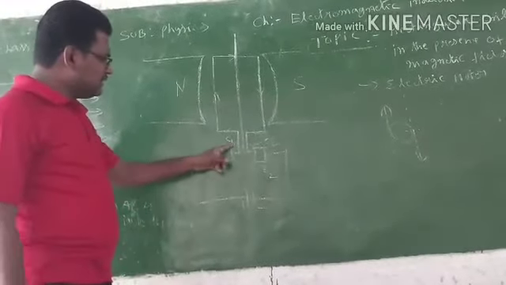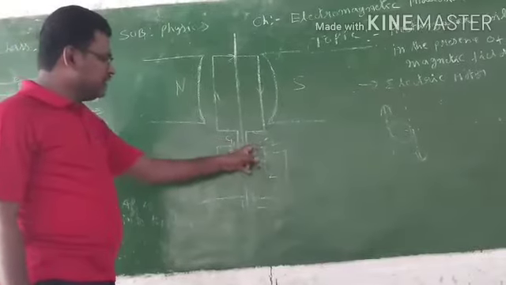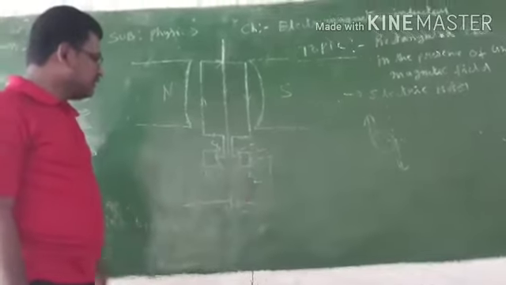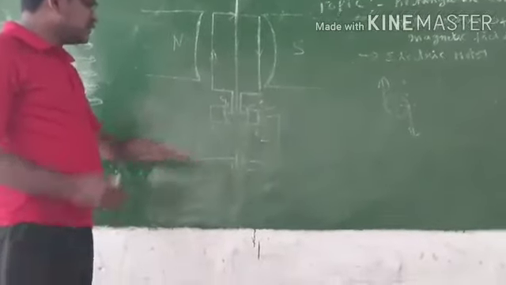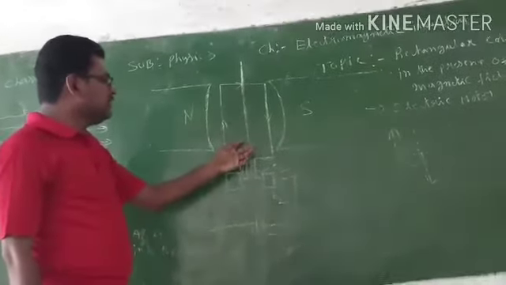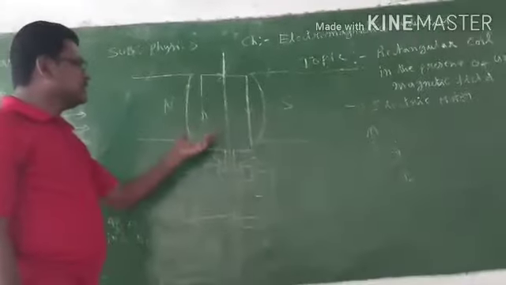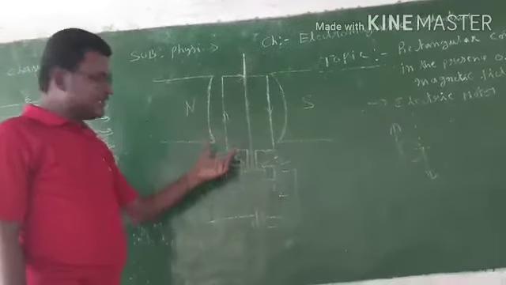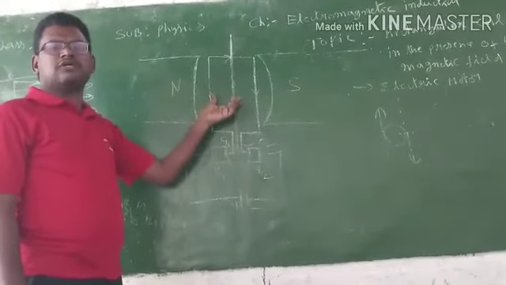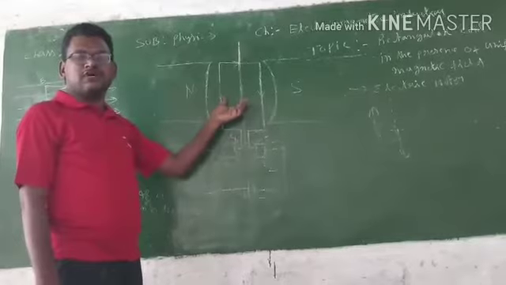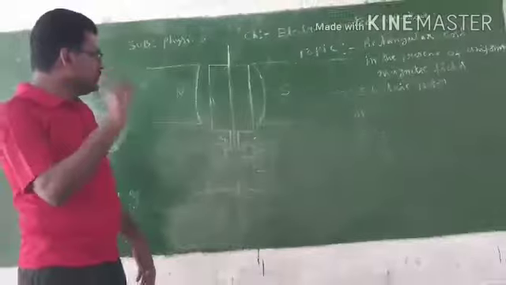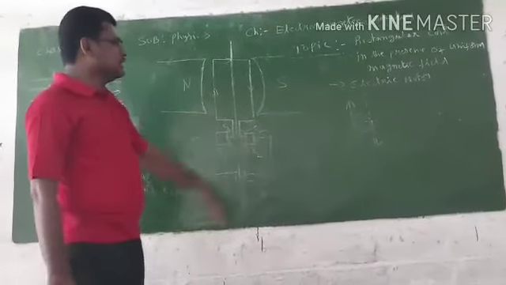And here there are the two slip rings C1 and C2. These are called a commutator, and B1, B2 are called brushes. Here is a battery. So we supply the electric current, and by this electric current it does mechanical work. That means an electric motor converts electric energy into mechanical energy. An electric motor is a device which converts electric energy into mechanical energy. So this is briefly the working of an electric motor.